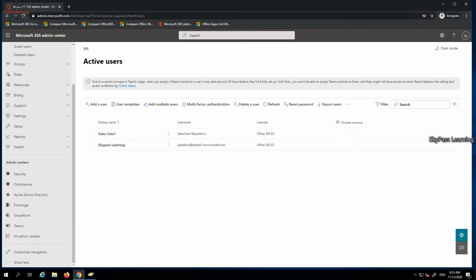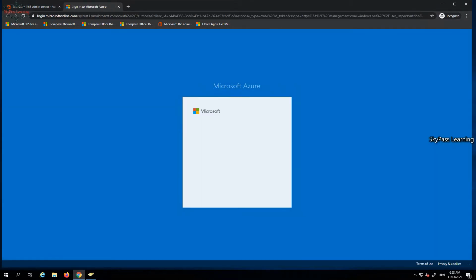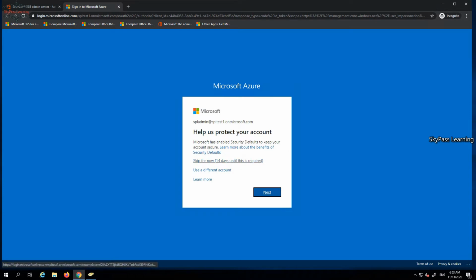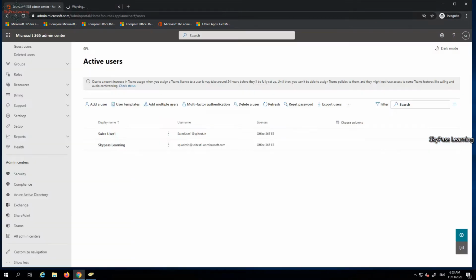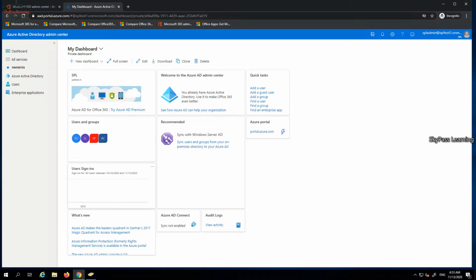I need to go to Azure Active Directory. Let me quickly show you. Once you click on Admin Center, Azure Active Directory, from this portal you reach the Azure Active Directory dashboard. Here you can see the recommendation to sync with your AD, and Azure AD sync not enabled.